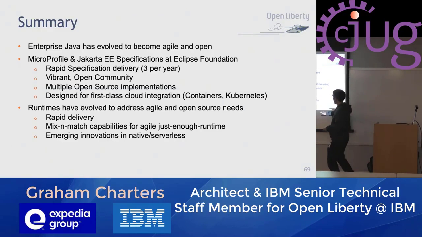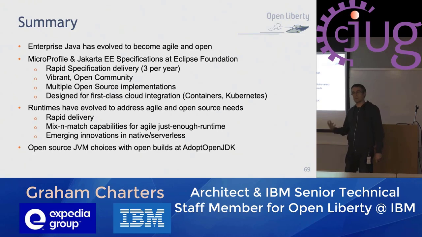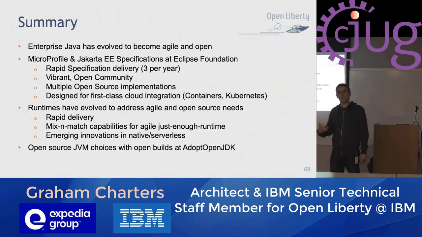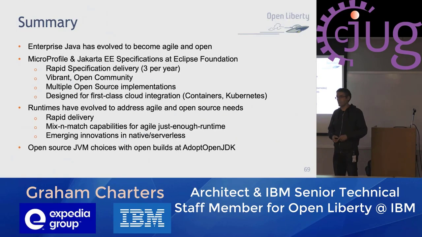I also mentioned Quarkus, as an example of emerging innovations. You get a spectrum of implementation choices around MicroProfile and Jakarta EE technologies, all the way from native up to full enterprise Java application server environments. And we talked about the role of the JVM, and how looking at different JVM choices, there may be ones that are a better fit for cloud native applications in terms of memory footprint and startup time.